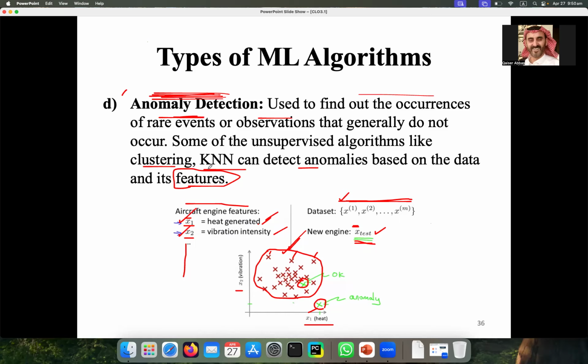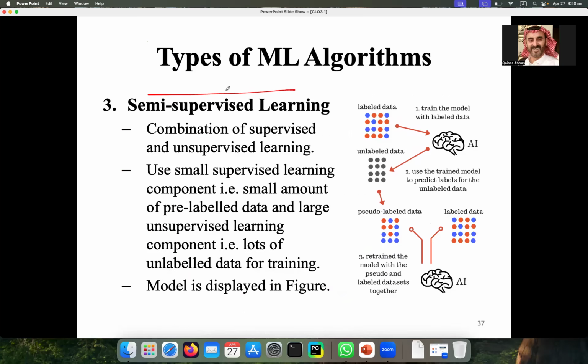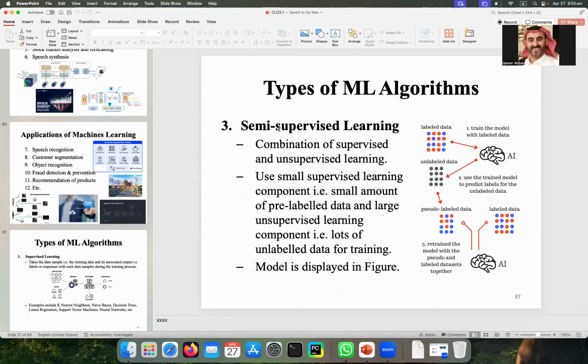These algorithms, KNNs, or some clustering algorithm, you can use to detect this anomaly. And I will start here in the next lecture, inshallah. Semi-supervised learning.